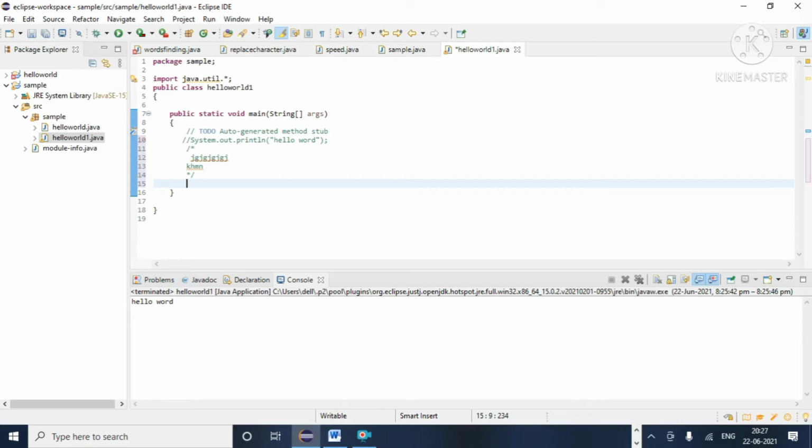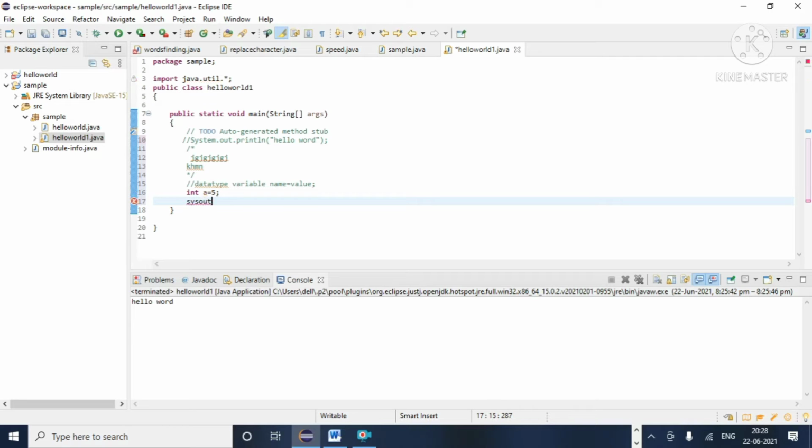So the syntax for a declaration is, first we have to write the data type, then followed by a variable name, then equal to and the value, then a semicolon. This is the syntax. So I am commenting it. An example is int a equal to 5. Here a is the variable name, it is of int data type, and the value stored in a is 5. So this is how you declare it.